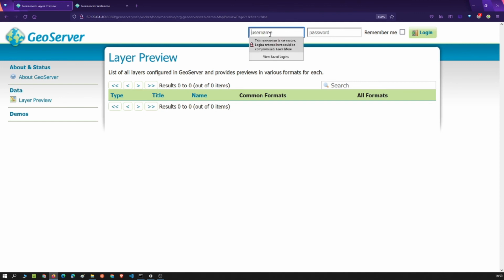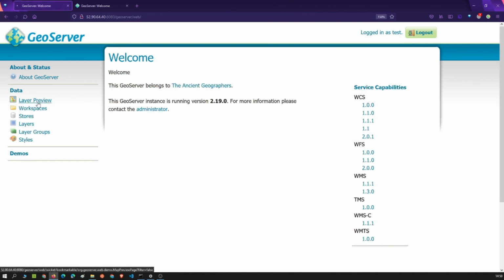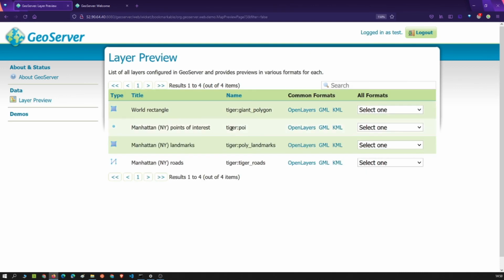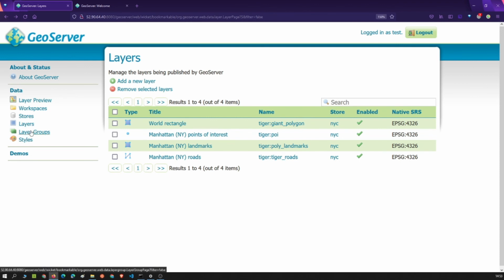Once you go back, notice that there is no change to layer preview for admin. This is still the same, but if you go back to the new user which you created and go to layer preview, you would only notice the workspace which it has access to. Fear not if you do not see any other links apart from layer preview. What has happened is you just need to go back, and then all your hyperlinks would be visible.